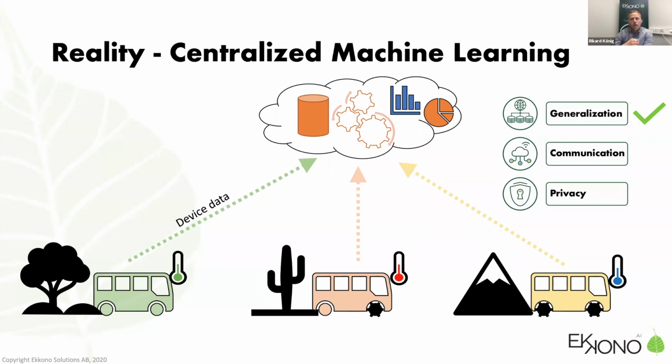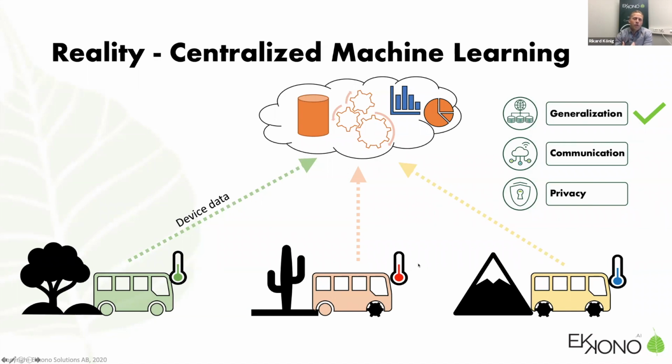Secondly, these devices produce so much data that it's sometimes impossible to send the data to the cloud. An ABB electrical power substation, for example, can generate 5 GB of data per second. You don't want to send all that to the cloud. So communication is an issue.